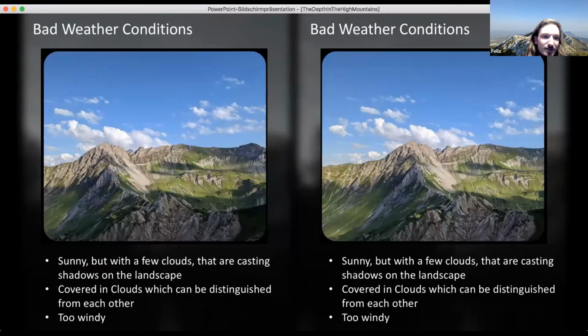So this, what you see there, is the worst weather you can encounter if you want to take mountain stereos. So when it's sunny with some clouds in the sky, the clouds are casting very ugly shadows on the mountains, which will either appear like floating or flickering, which destroy the whole image. Additionally, here in the particular image, you can